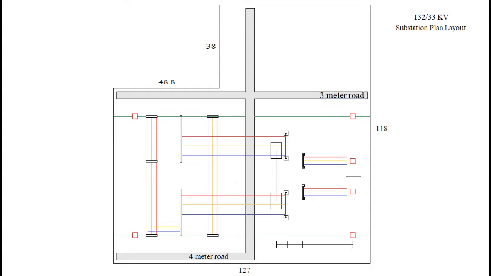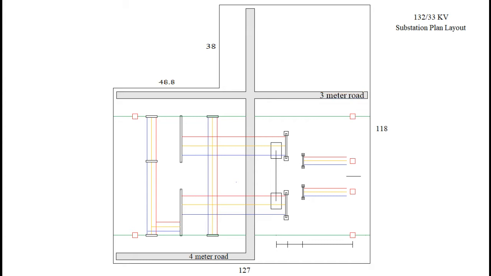The top view that we see on screen contains two internal roads. One is 3 meters wide and the other is 4 meters wide. These roads divide the entire substation area into four parts. The 3 meters wide road is 118 meters long and the other 4 meters wide road is nearly 180 meters long. The upper portion of this area above the 3 meters road is kept aside for the control cabin, and this portion actually contains the equipment of the substation.